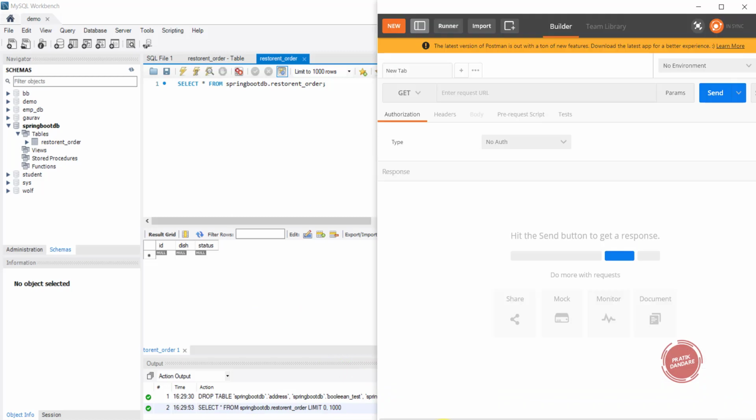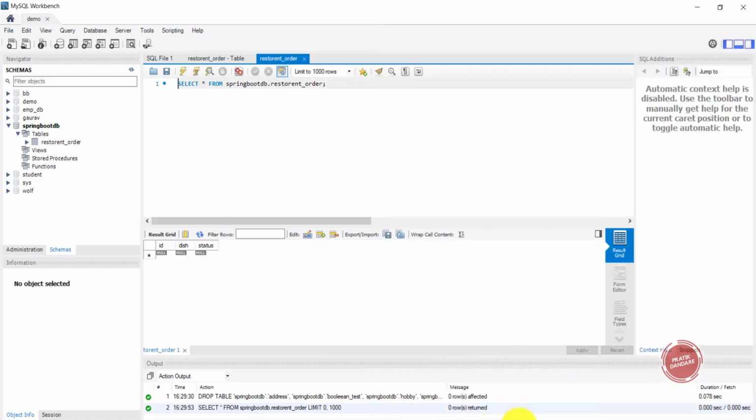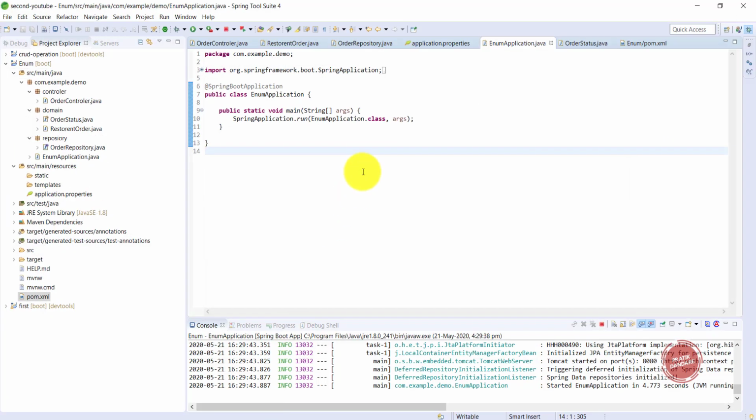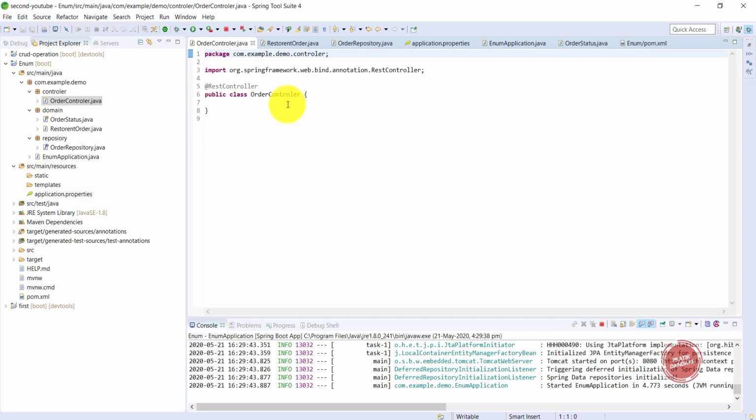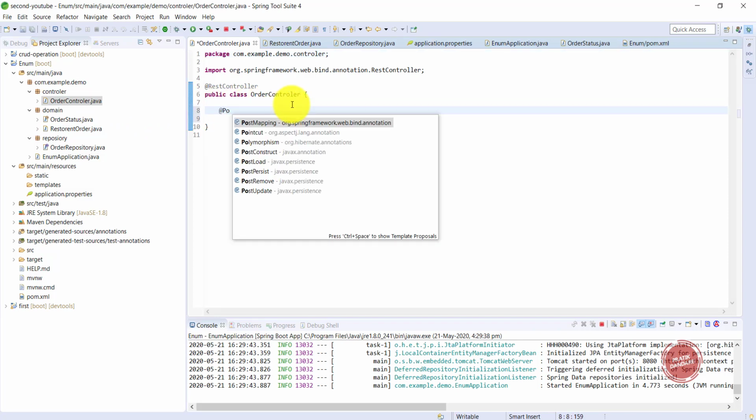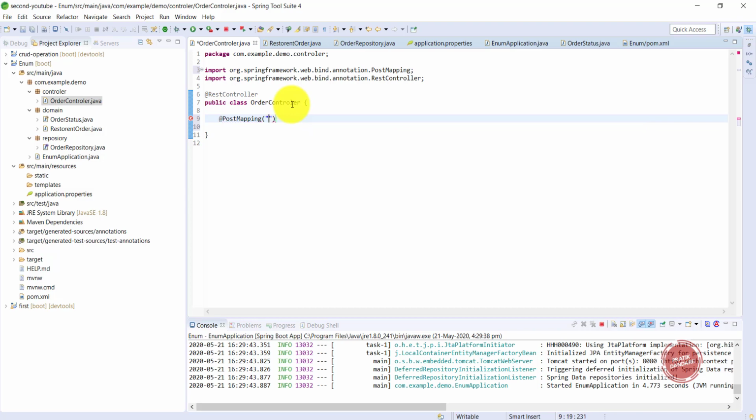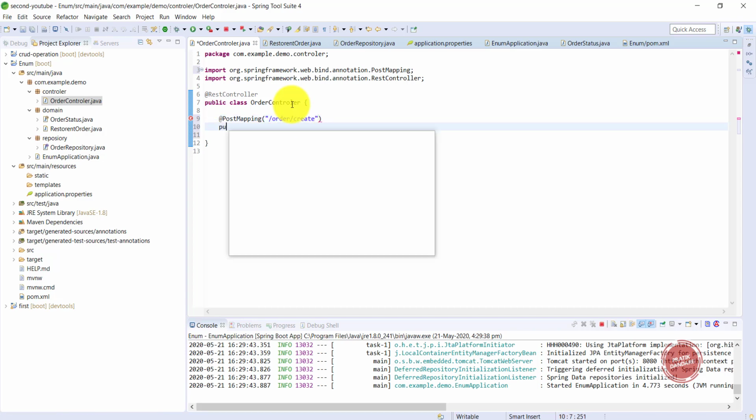So let's write some endpoint for it. I am just writing only one endpoint, called status save. I already have the order controller class, so I am using the PostMapping here, and the endpoint is order create. After that I am writing one method which returns a restaurant order.